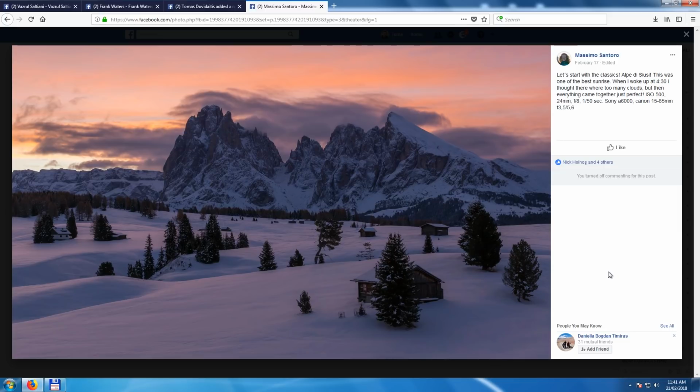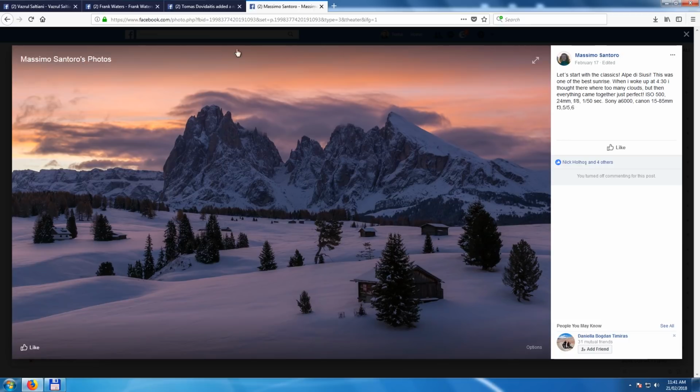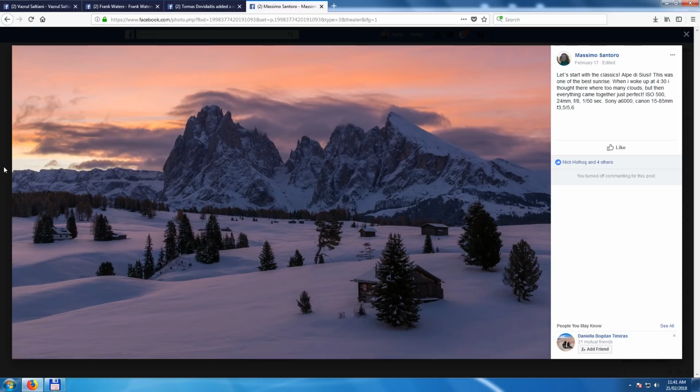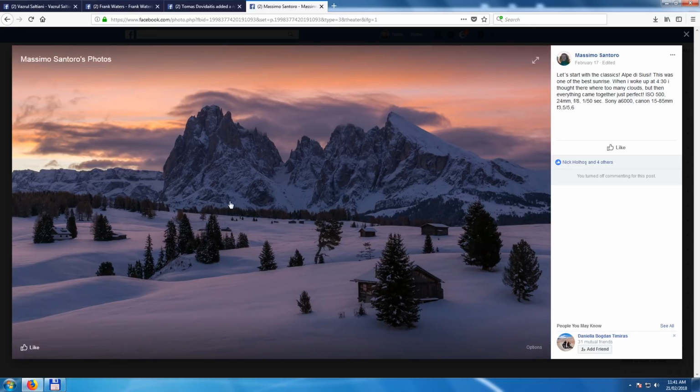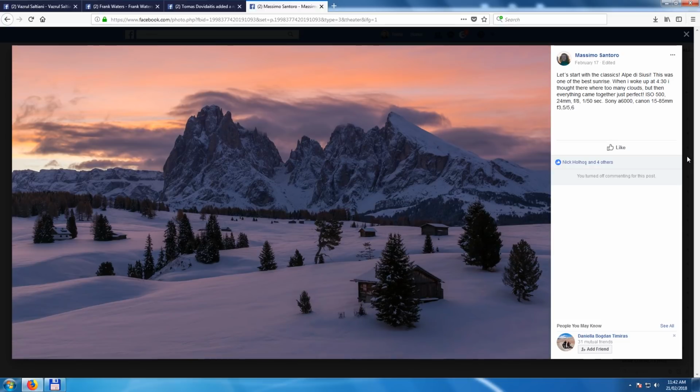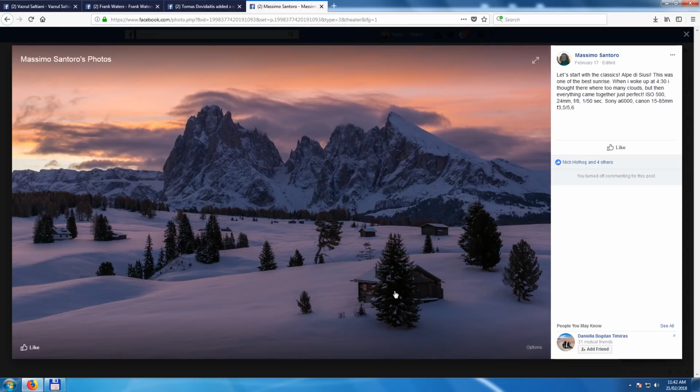Suggestions: use a graduated filter to dim down the light in this area over here, because your photo is about this rock formation over here and Massima Lata, and right now the eye escapes in the upper part of the image. So this area should have been a little bit brighter, and this area over here should have been a little bit darker,